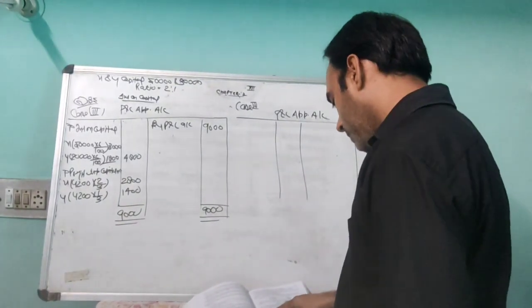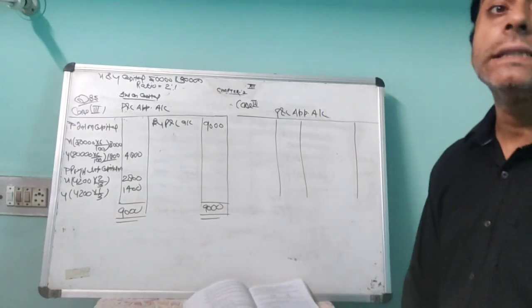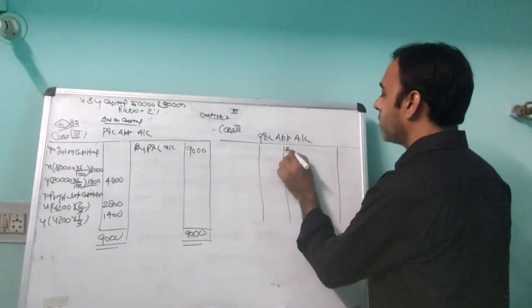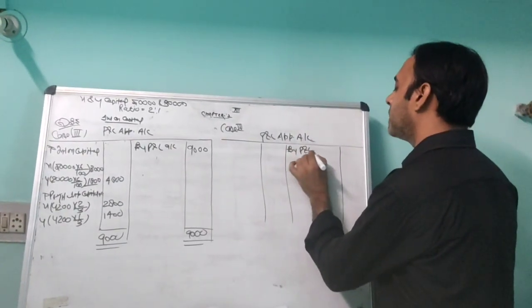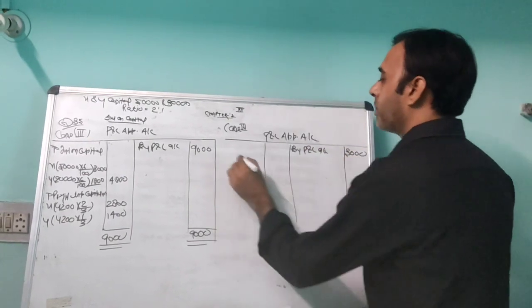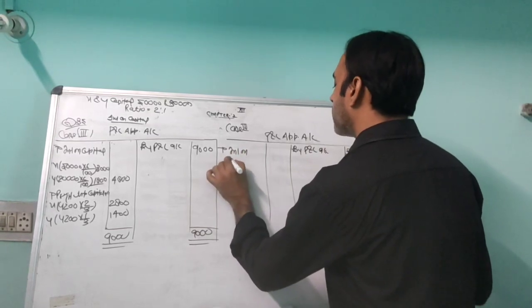Case number 4 says if the partnership will provide interest on capital at 6% per annum and the profit is given as 3,000 rupees here. Okay, so see here the profit is given there. We make a P&L appropriation account because the profit is being given there. The profit stands for 3,000 rupees. We have to pay interest on capital.